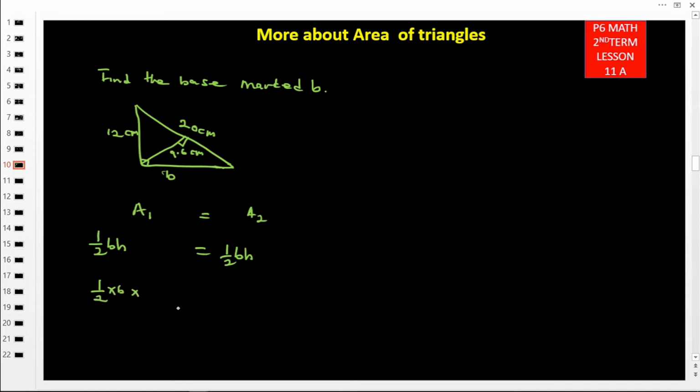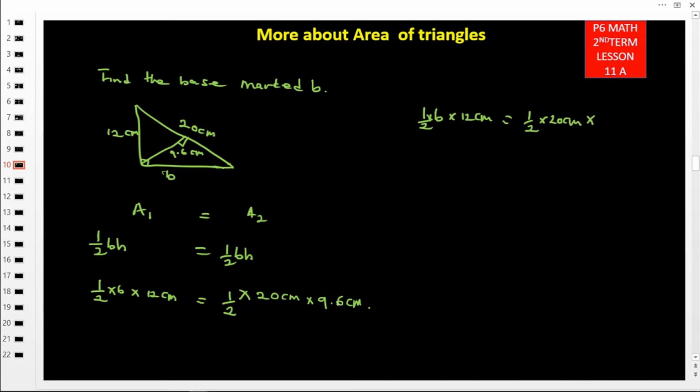This triangle here, its height is 12 centimeters, giving us now a half. Then times the base. Now the base for the second triangle, this triangle here, you are seeing it, my learner? Good. So what is its base? The base is 20 centimeters. Then times the height. What is its height? The height is 9.60 centimeters. All right. And now here we have a half times base b, times 12 centimeters, is equal to a half times 20 centimeters, then times